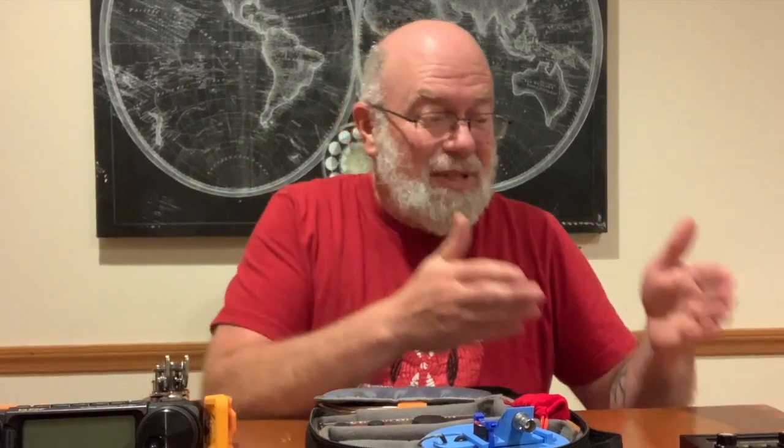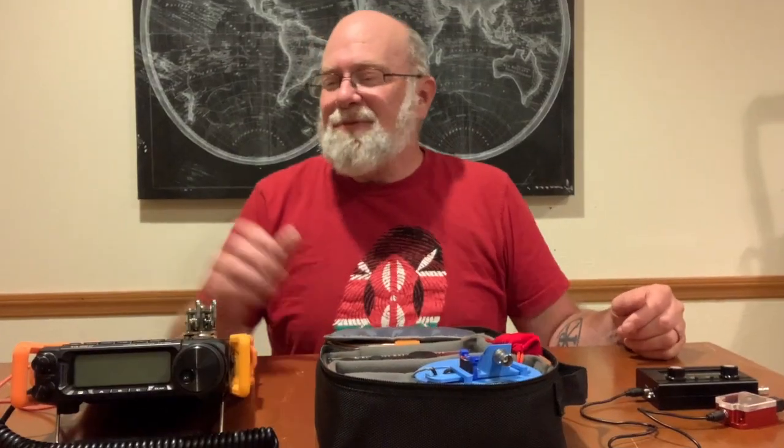Here are some of the mobile radios that I have personally used at one point or another to activate parks. All of them have advantages and disadvantages, and because of those, oftentimes I have selected to take one to a park over another. So first, let me start with the